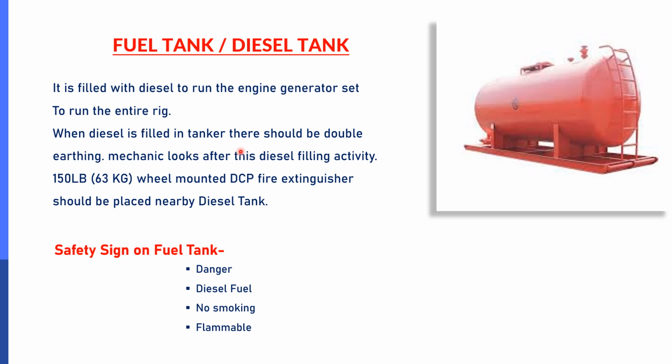When diesel is filled in the tanker, there should be double earthing. Either the mechanic or the motorman looks after this diesel filling activity, and a 150 lb wheel mounted DCP dry chemical fire extinguisher should be placed nearby the diesel tank. We have to ensure that one DCP fire extinguisher, wheel mounted, of 63 kilogram should be placed nearby the diesel tank. And likewise in other equipment, the diesel tank should also have some safety stickers,